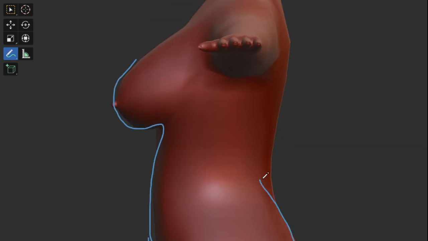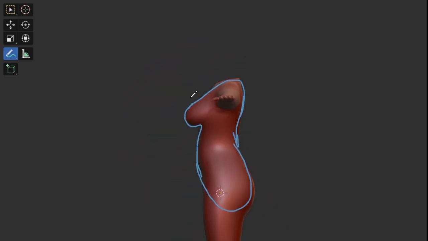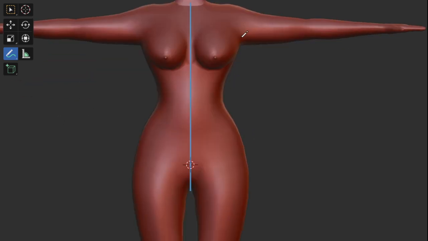Okay, this like this. So this side profile and this front profile, this front profile,